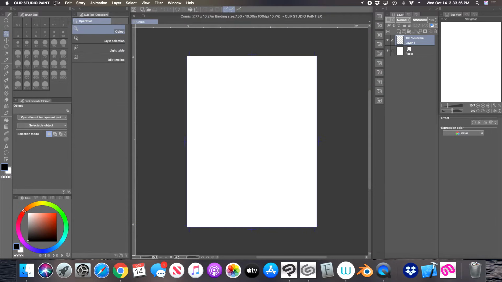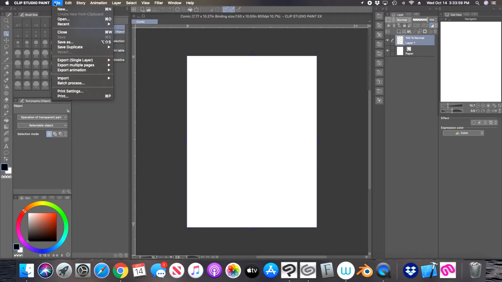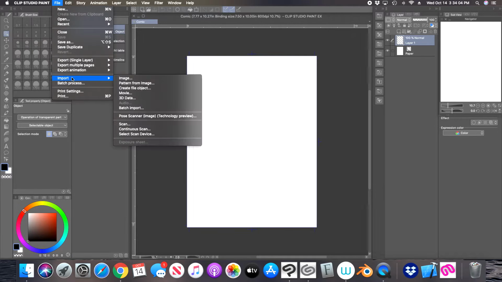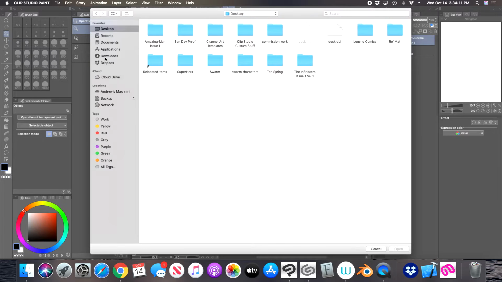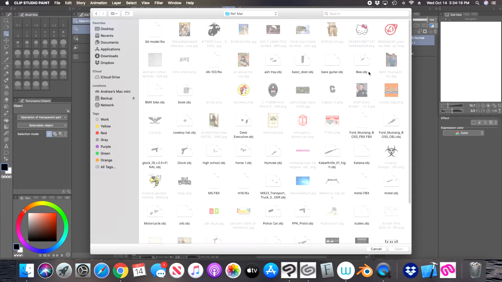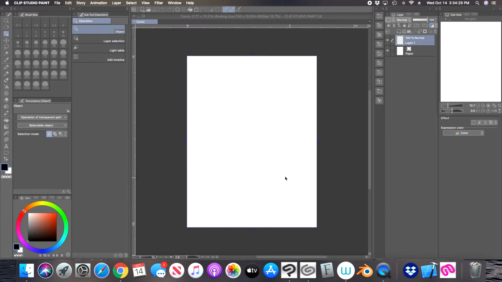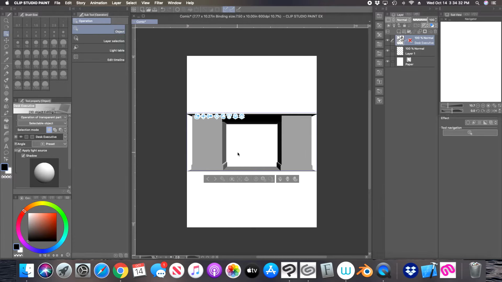So I'm going to import a 3D object, and this is how you usually do it, and this is what the guy who wrote the comment wanted to avoid, I'm assuming. So you have to go to import and you go to 3D data, and then wherever your 3D data is stored, that's where you have to download it from. So I have all my 3D stuff in this folder called reference folder. So I'm going to upload this desk,